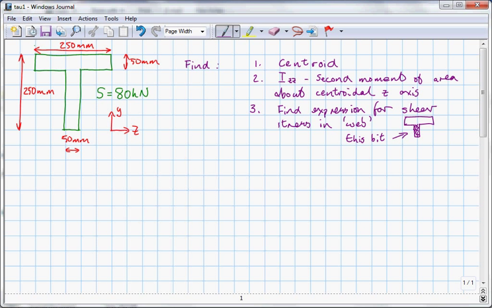It manifests itself as a direct stress, which is evenly distributed over the section, so we just divide force by area to get stress. But in this case the distribution of stress is a little bit more complicated, so it's not just as simple as saying divide the 80 kilonewtons by the area to find out how the shear stress is distributed, because